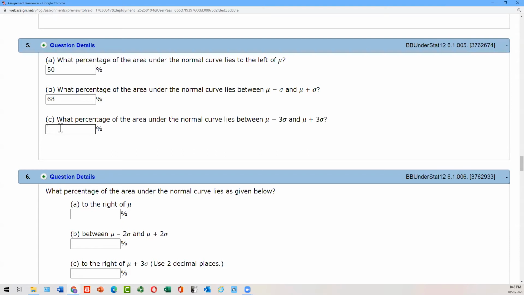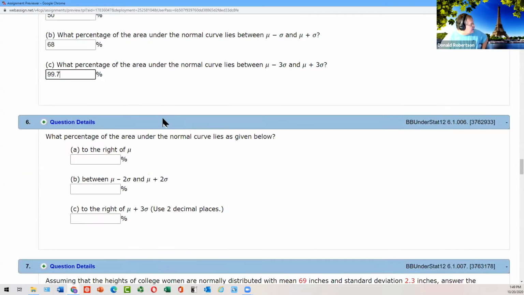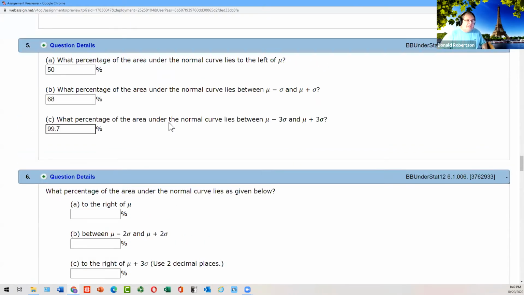It's 100% because it's covering the whole thing. It almost is, but it's 99.7. Almost all of it. There's a tiny little bit that's not there. That's why it's not exactly 100%, because at that boundary, anything beyond it is the outlier. So there has to be at least some space out of the 100% for an outlier to be there.